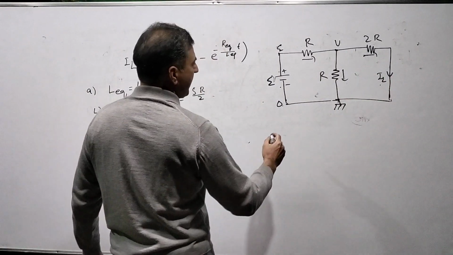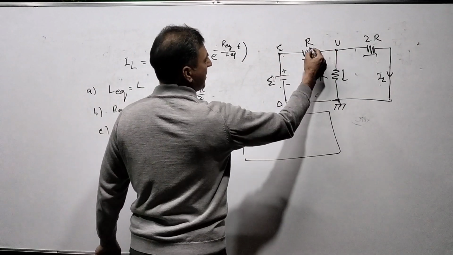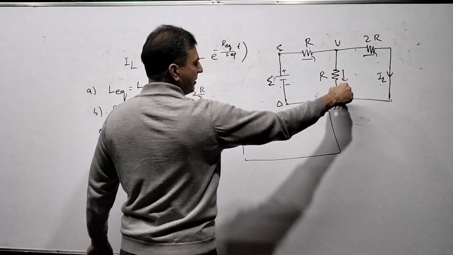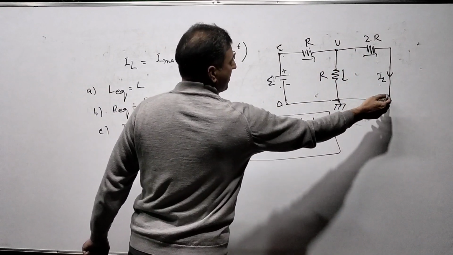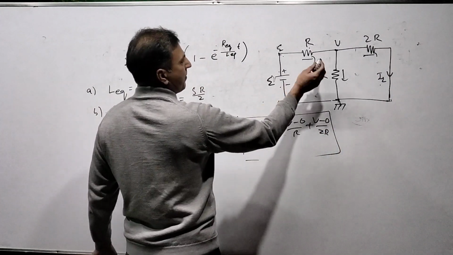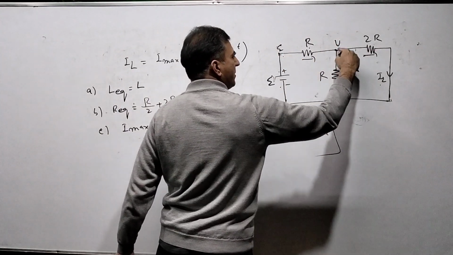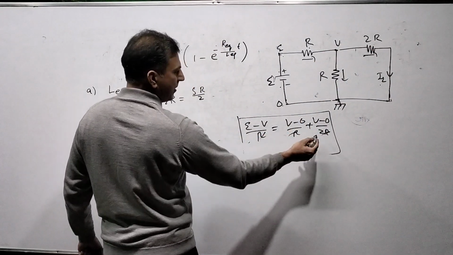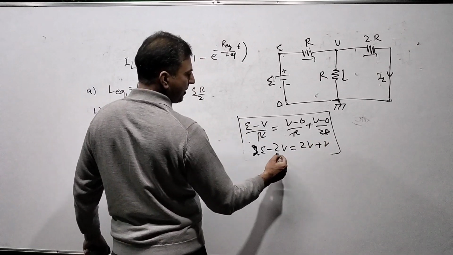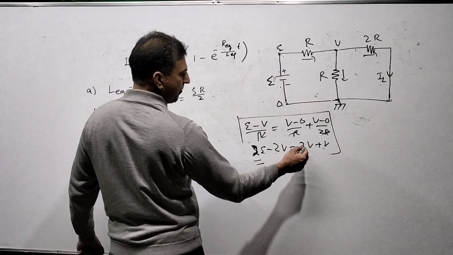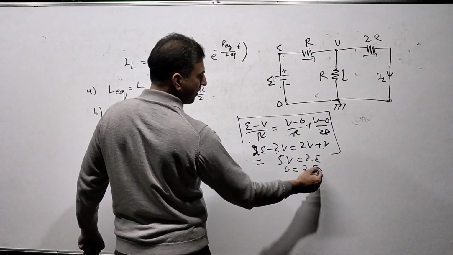तो I should write some equations here, two equations, कुछ ज्यादा नहीं। तो E minus V, potential difference divided by R, that is current like this, that becomes current through here, that is V minus 0 by R plus V minus 0, यहाँ 0 potential है, by 2R, ठीक। ये किरचॉफ करंट लॉ है, current through this is equal to this plus this, current through this is E minus V by R, through this is V by R, through this is V minus 0 by 2R, तो R gets cancelled, 2 को multiply करो, it is 2E minus 2V is equal to 2V plus V, ये वहां जाएगा तो 4V हो जाएगा, सो 4 plus 1, 5V होगा is equal to 2E, तो V is equal to what, 2E by 5, तो यहां मुझे वोल्टेज मिल गया 2E by 5।